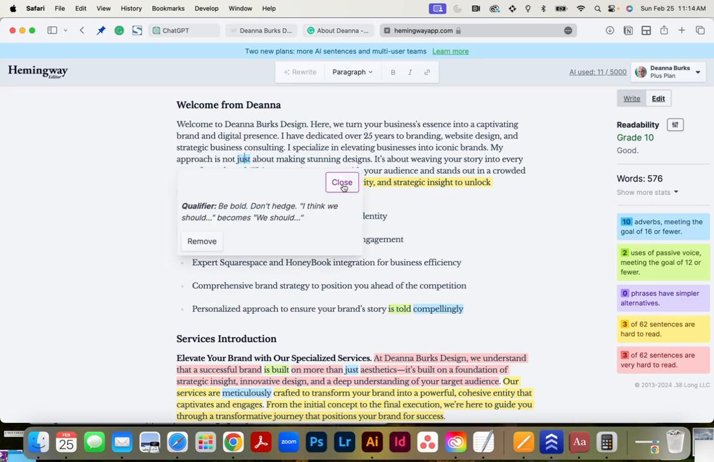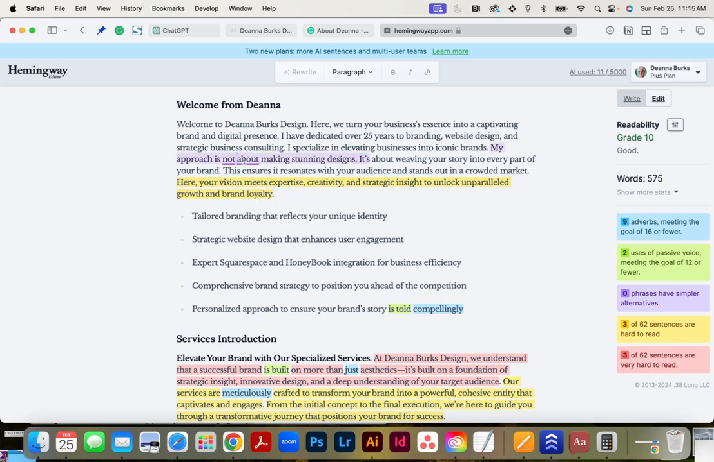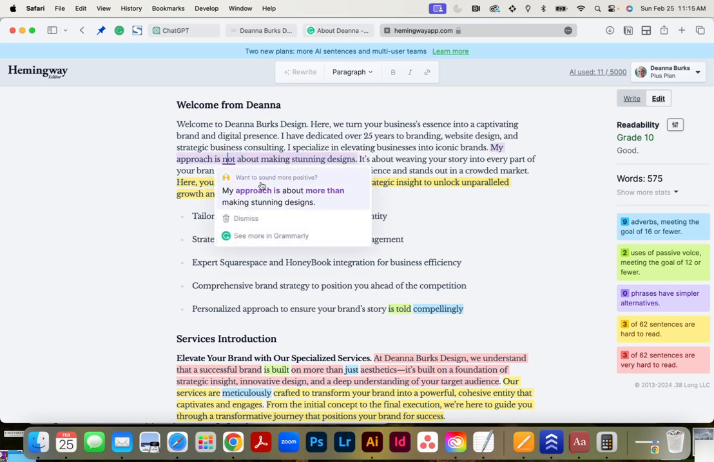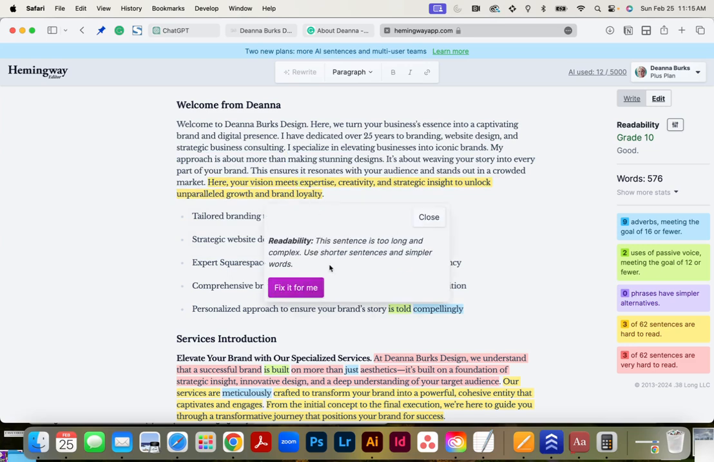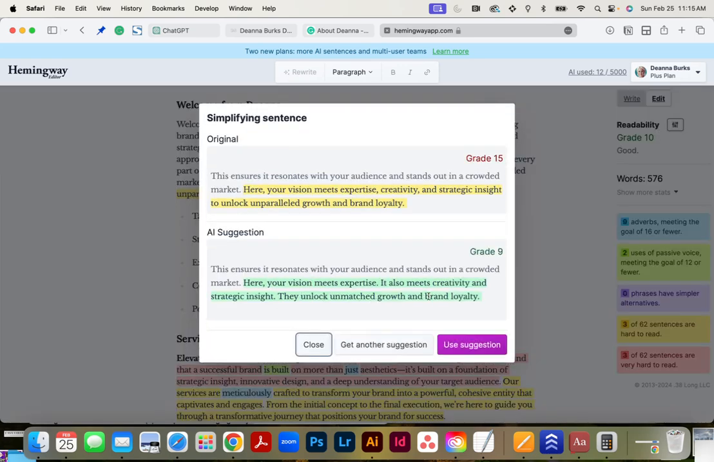Just is a really weak word. And I don't like to use that word. This phrase may have, okay, so now Grammarly is kicking in. More than making stunning designs. Okay, now this one, here your vision meets expertise, creativity. So it's hard to read. Okay. I don't love that it says it also meets creativity. Here your vision meets expertise. I don't really love that suggestion, but